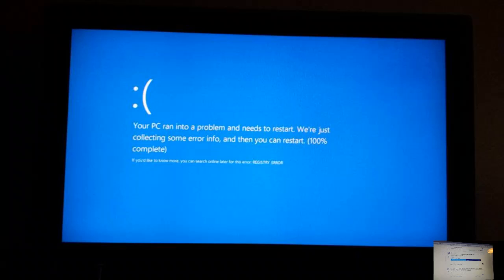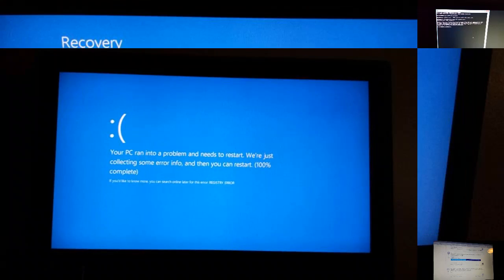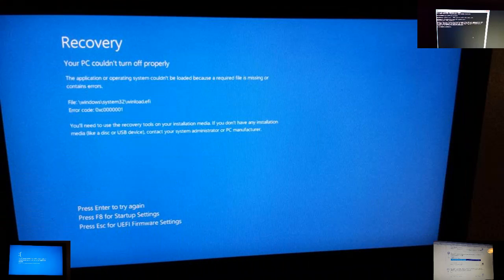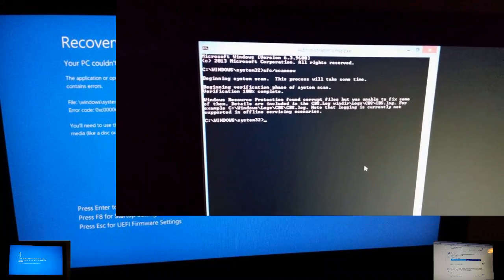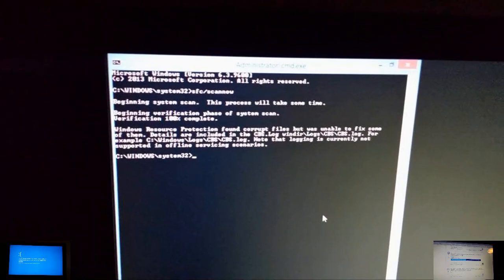If you'd like to know more, you can search online later for this error. Registry error. So it doesn't matter, folks, because this thing is a horrible, horrible, horrible virus. Alright, it said to scan now, right? Let's try it. So I went there, and I did my